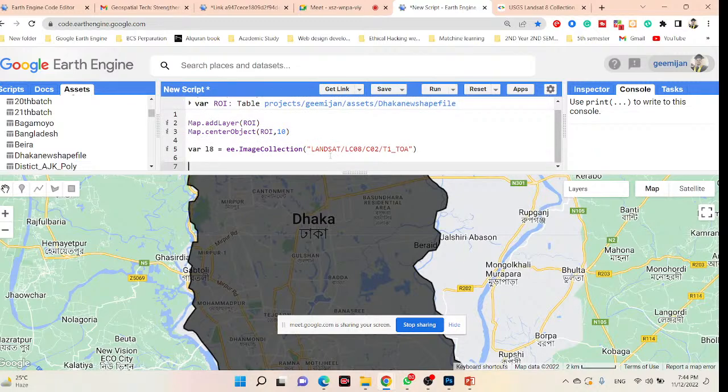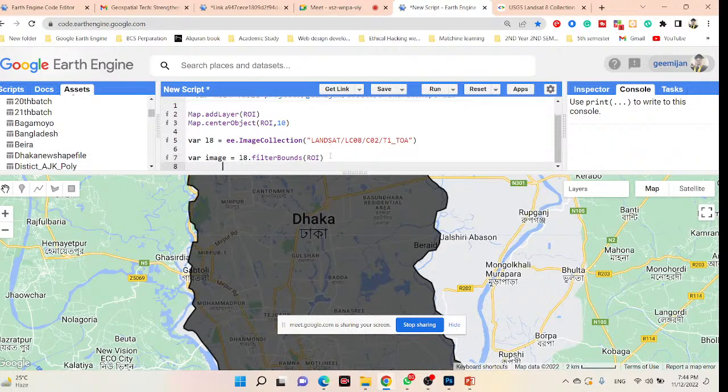We already covered this part, how you can easily filter the image collection according to your region and according to the time period. So I write the code again. I take a variable, suppose this variable name is image. I call my full collection L8 and put here the filterBounds function. Mainly filterBounds intersects your whole collection with your region of interest. In this time my region of interest is ROI. Then I use the specific time period, the filterDate,